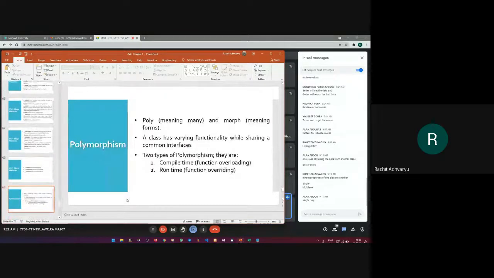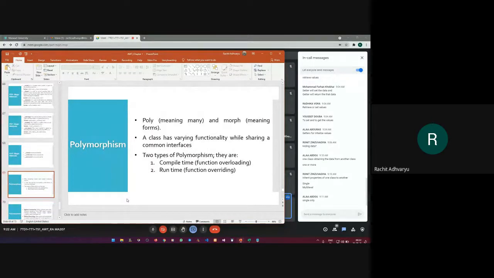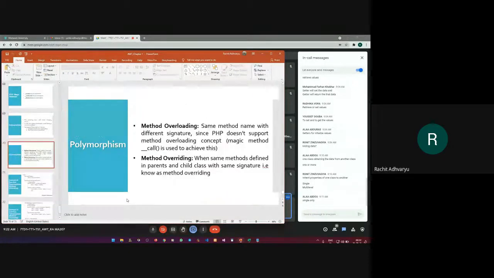At last, we have polymorphism. Compile time polymorphism is known as method overloading. Runtime polymorphism is method overriding. Method overloading cannot be implemented. Method overriding can be implemented here. You can see method overloading cannot be implemented.